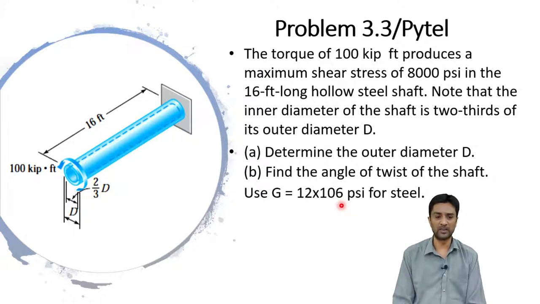Most of the problems have the same methodology as you have seen, that there are two formulas. One is the angle of twist, that theta is equal to TL upon GJ, and one is the maximum shearing stress, that is tau is equal to TR upon J. So there are only two formulas, and these 33 problems are based on these two formulas and on the single concept of the torsion. So I feel that these problems are not very difficult. Once you have gone through all these 5 or 6 problems that we'll be solving today, I'm very sure that you will be able to solve the rest of the problems.